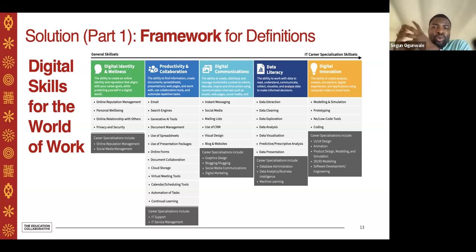The second one is what we call productivity and collaboration in the workplace. This is the ability to find information, create documents, spreadsheets, presentations, web pages, and work with and use collaboration tools and automate repetitive tasks. So this is the second component of the framework. This talks about students' ability to use emails. Things as simple as attachments, as simple as blind copying and copying, use of generative AI tools like ChatGPT that we mentioned earlier. Do they have the ability to be sure that this is not just hallucinating, and can they differentiate between what is correct information and what is just a claim online,